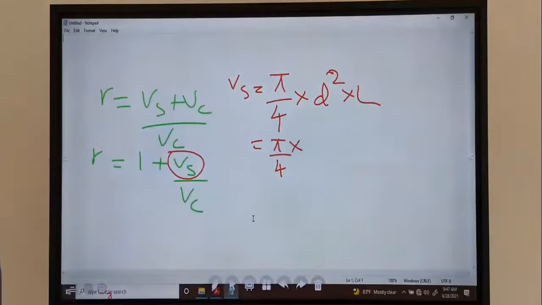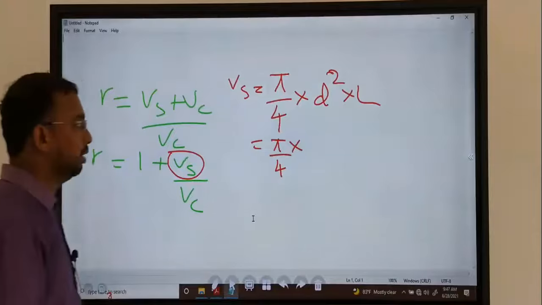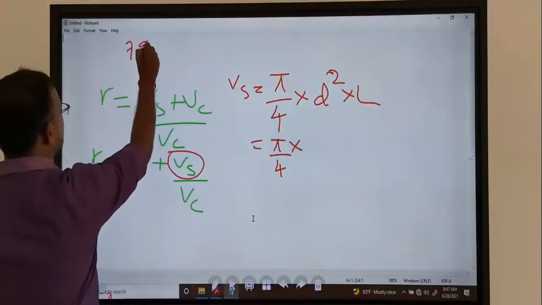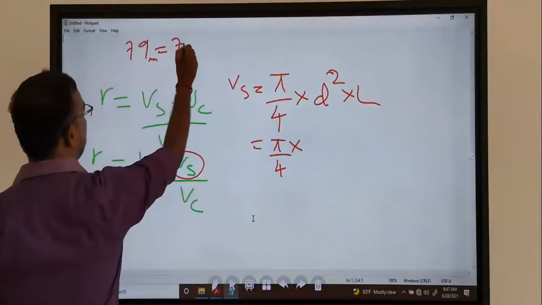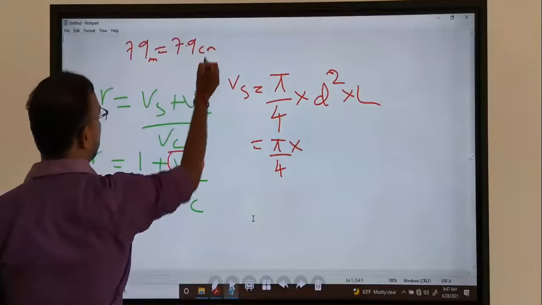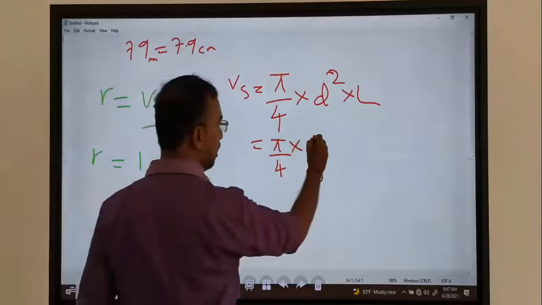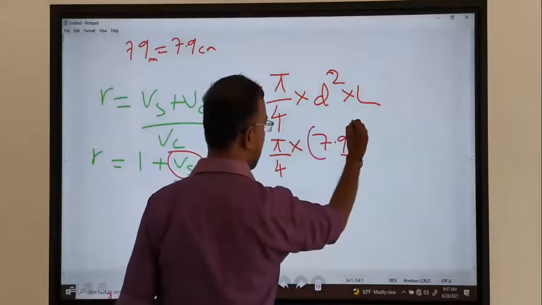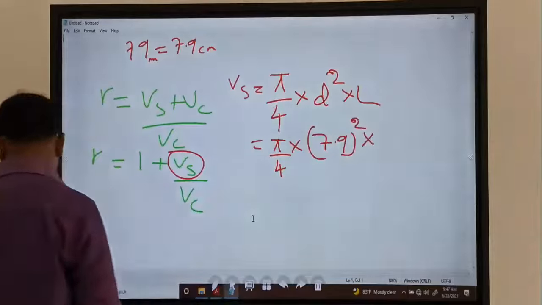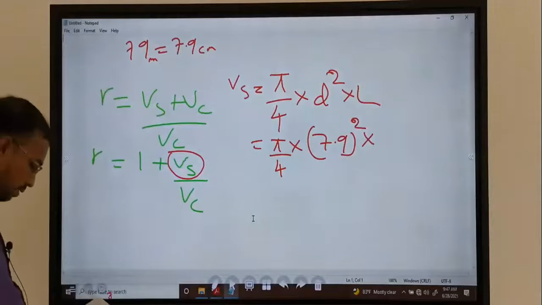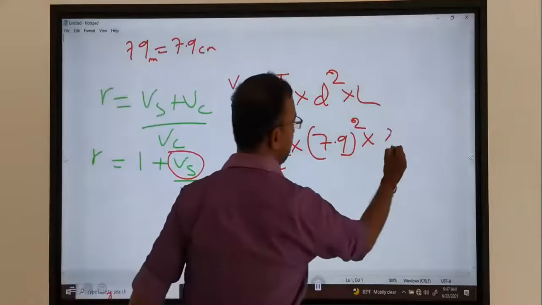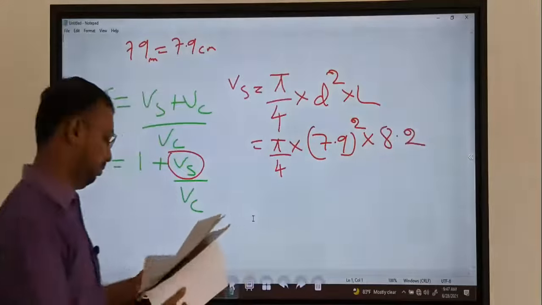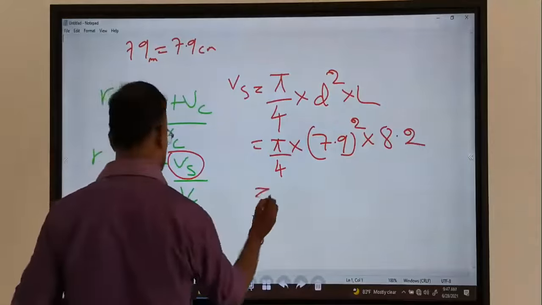D means the diameter of the bore, which is 79 millimeter equal to 7.9 centimeter. So I put 7.9 squared into L. L is 8.2. So the answer is